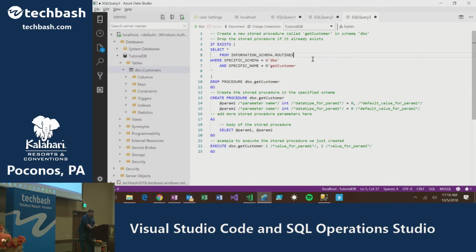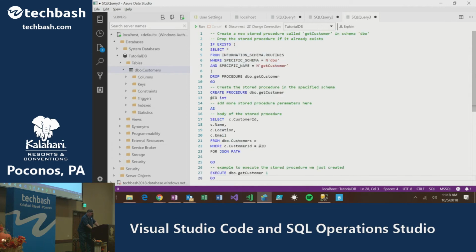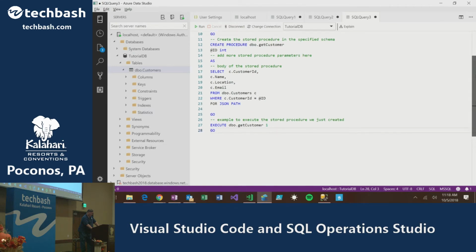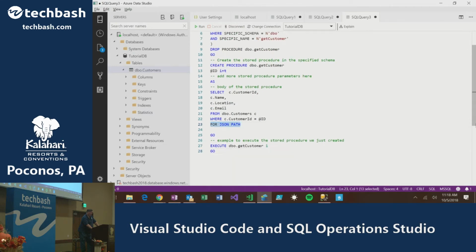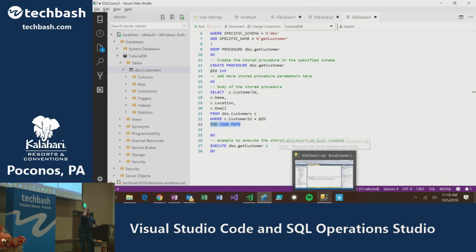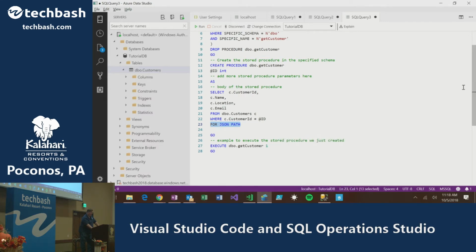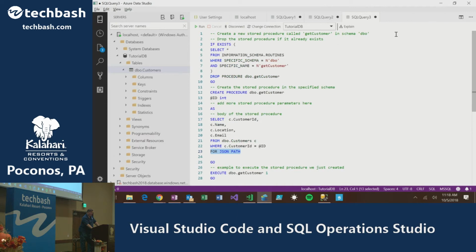What we're going to do is take this and replace it with some real code here. And the fact that I'm working on SQL 2019 or 2017, I can do queries that actually return JSON. So hopefully that is going to have some value to you.